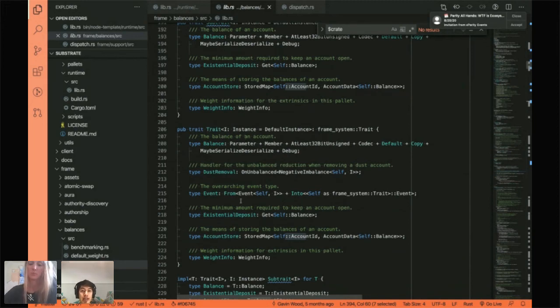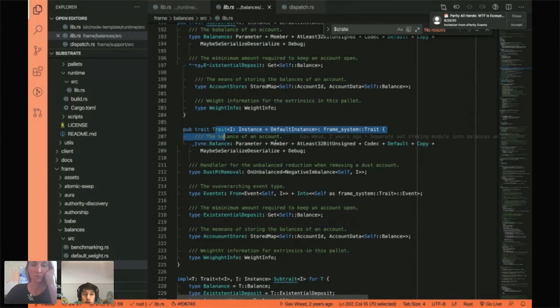It's actually defined in the system trait. Because of this syntax, the balances trait inherits from the system trait. So whatever traits the balances module needs, it will also have to implement all the system traits. And the system trait has AccountId. So you could imagine some structure.